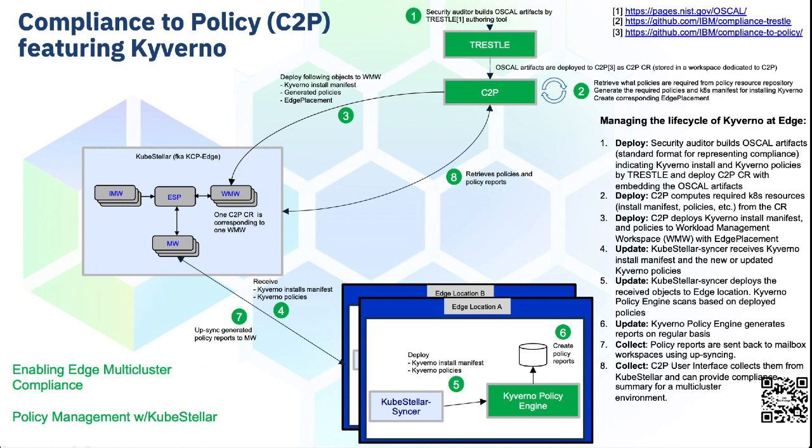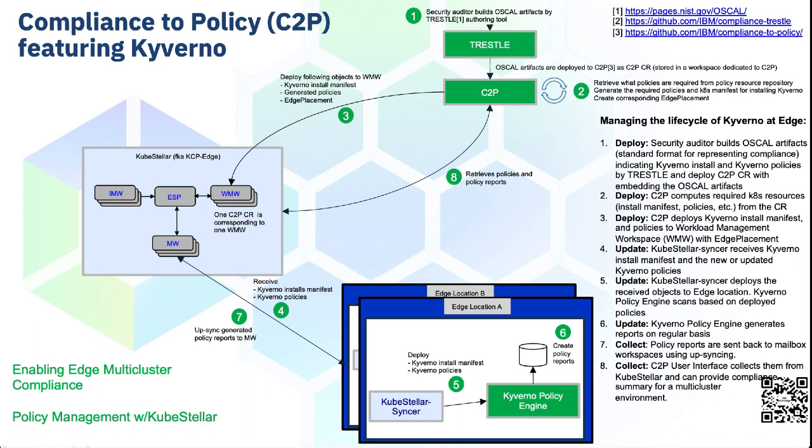In step two, C2P retrieves what policies are required for the given compliance from the policy resource repository and generates the required policies as well as the Kubernetes manifest for installing PVP engines, in this case Kyverno. And also creates a corresponding edge placement. And then step three, C2P deploys these Kubernetes objects to the KCP edge workload management workspace. The rest is similar to the previous chart